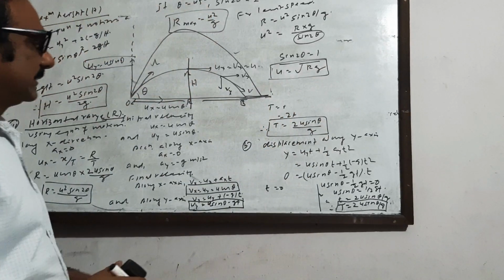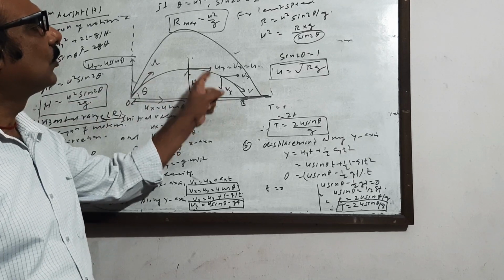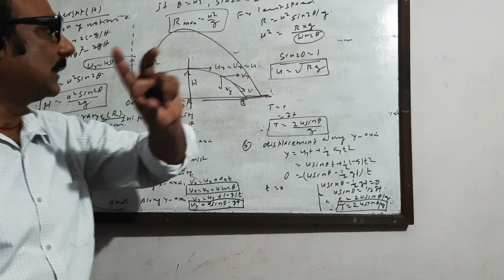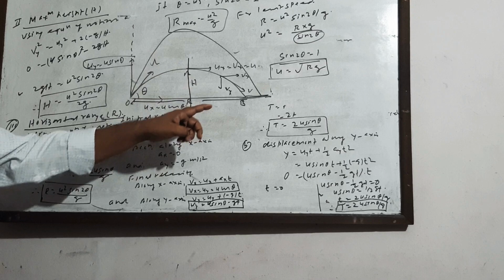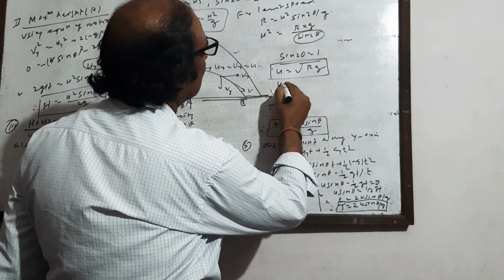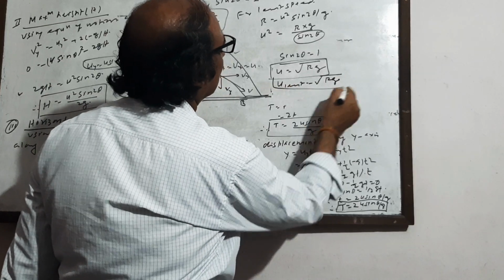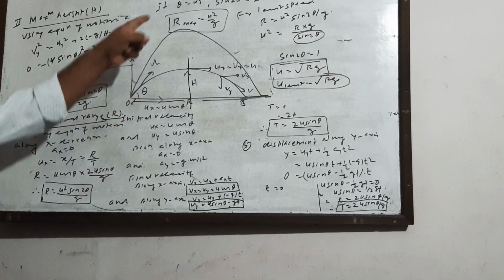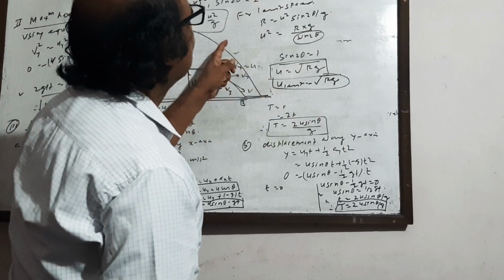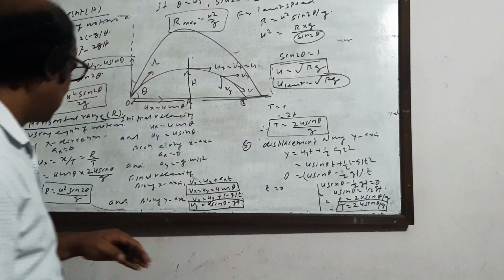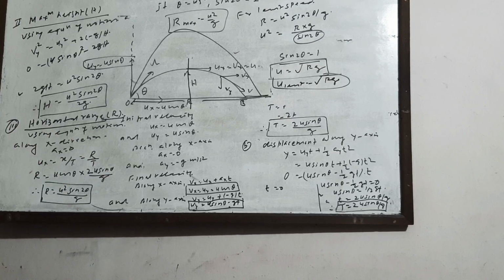So to obtain the same range as in the case of theta, what is the least speed? u is equal to under root Rg, and it is similar to the earlier expression, but there are different meanings. To obtain the least speed, u least equals root Rg, and to obtain the maximum range, theta is equal to 45 degrees. So when the range becomes maximum or minimum, it can be obtained by the expression of the horizontal range.